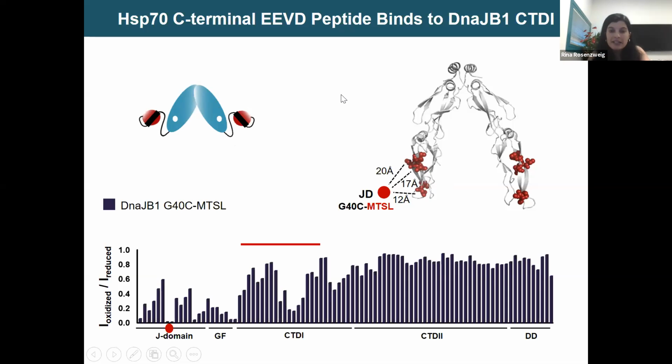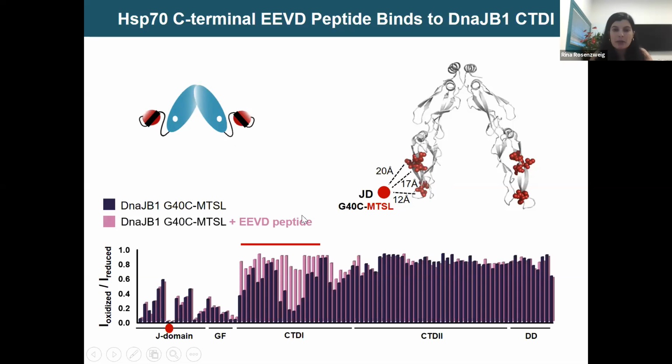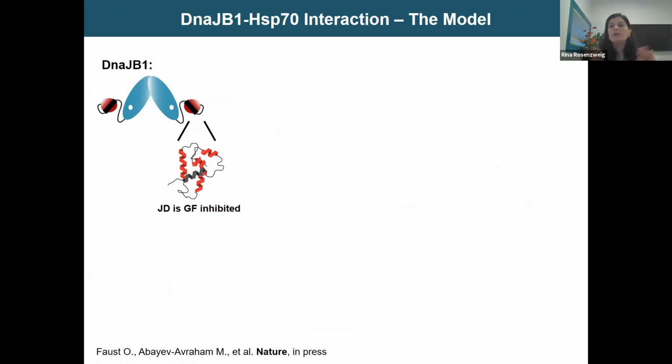So when we added the peptide and repeated the PRE experiment, we saw that all those peaks that disappeared are back up again, meaning that the J domain is no longer found close to CTD1. So when the C-terminal tail of HSP70 binds, it releases the GF inhibition, causing unfolding of helix 5 and freeing the J domain. So based on our NMR data, we now propose the following model for how class B J